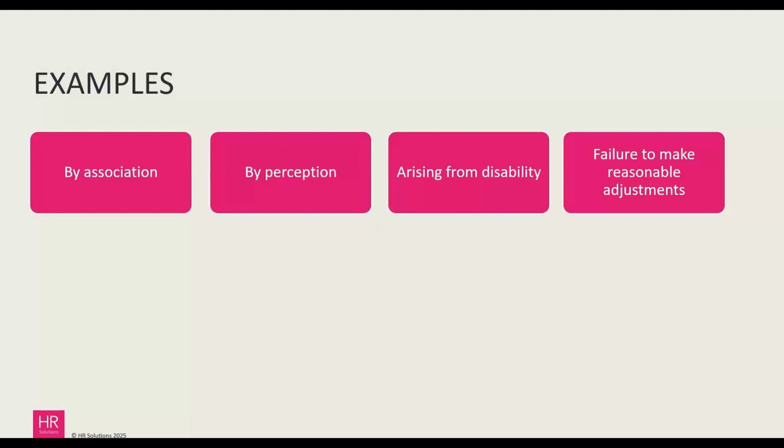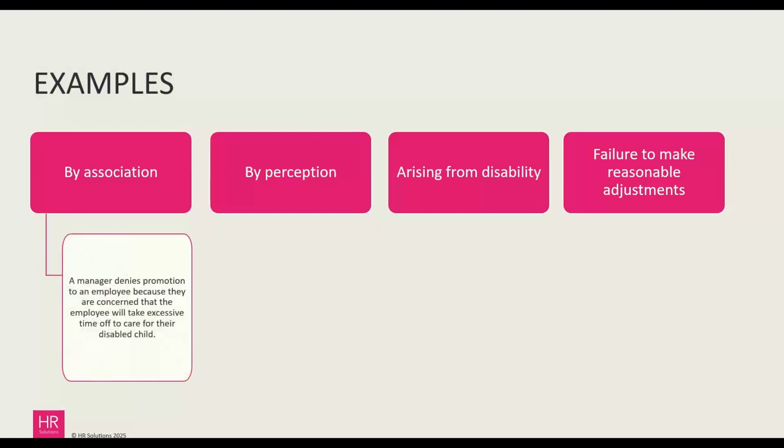The discrimination by association. So if you have a manager who denies promotion to an employee because they're concerned the employee will take excessive time off to care for their disabled child, this could be classed as discrimination by association. It is the child that has the disability, not the employee. But if that decision taken by the manager is because of those reasons, then